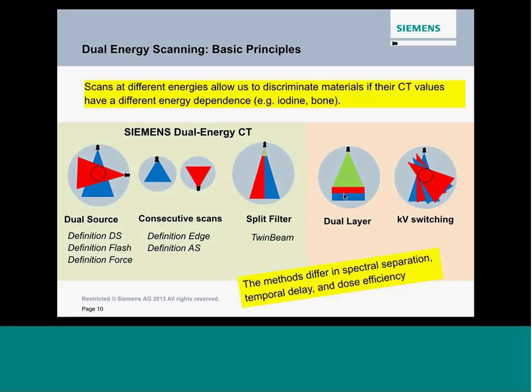The other is the Philips Icon, which is a dual layer technology. Single X-ray tube, but you have two detectors and they're layered. So one detector detects energy at low levels, the other is a high energy detecting detector. This one has some limitations in that the spectral separation isn't as great, as you'll hear more and more about